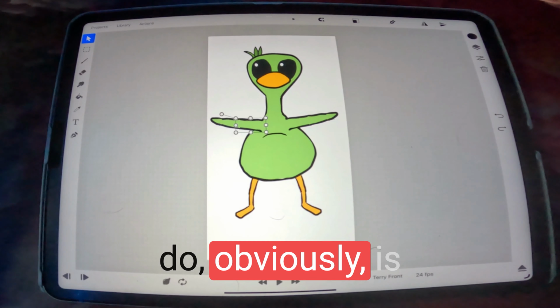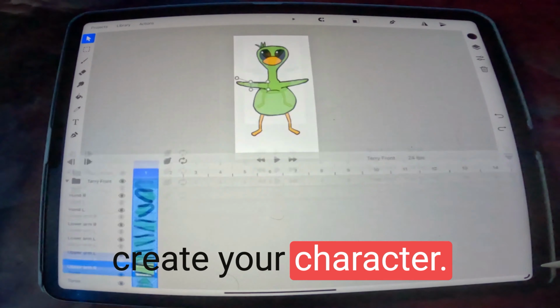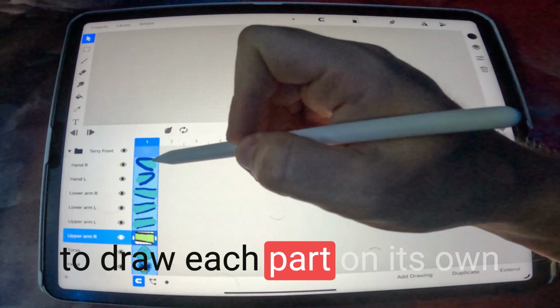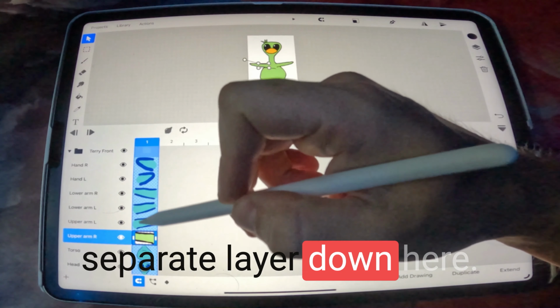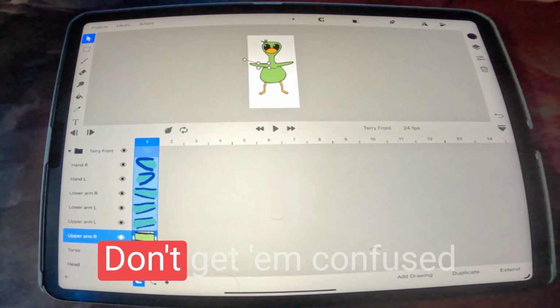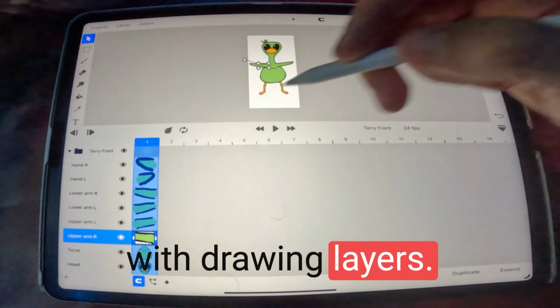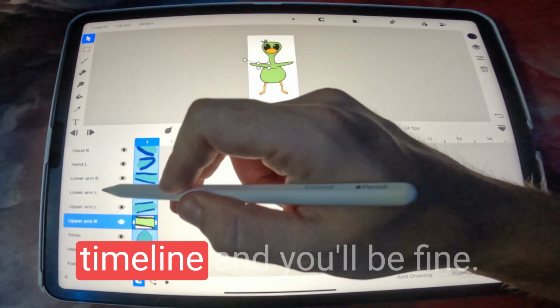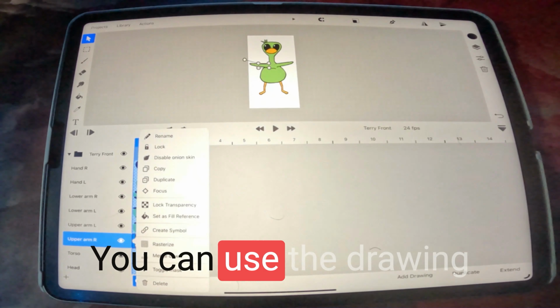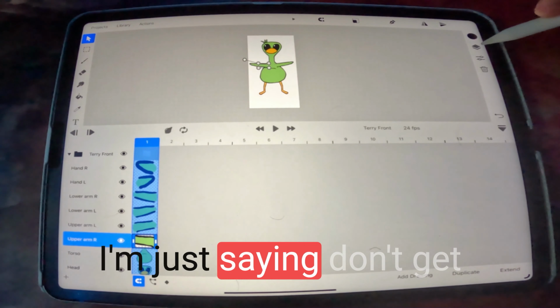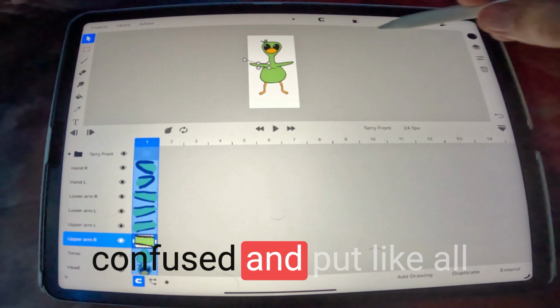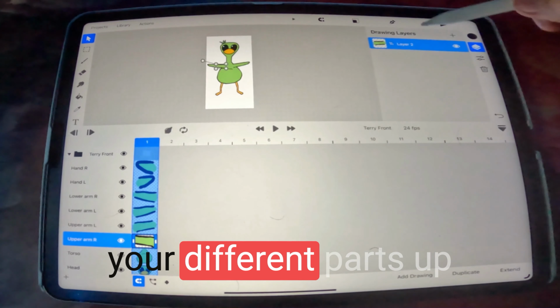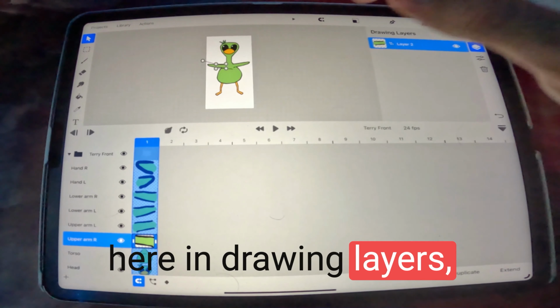First thing you want to do obviously is create your character. When you do that, you want to draw each part on its own separate layer down here. You gotta keep them separated. These are animation layers. Don't get them confused with drawing layers. Just use the layers in a timeline and you'll be fine. You can use the drawing layers if you know what you're doing. I'm just saying, don't get confused and put all your different parts up here in drawing layers, because that's